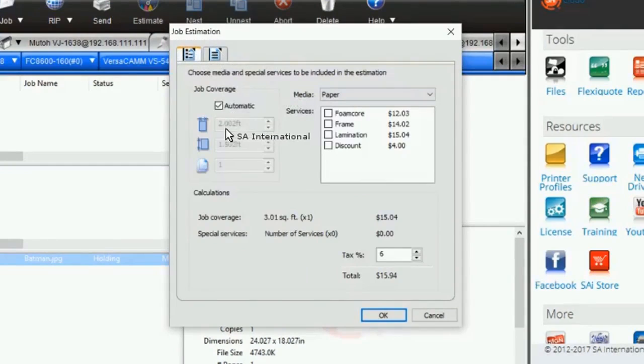And then the first tab allows you to actually calculate this. I'm going to uncheck automatic, and what it did automatically was calculate the square footage of my print. So it was 18 by 24. Those figures are right. And I'm not going to print on paper. I'm going to print on glossy vinyl, and maybe I'm going to mount it to foam board and do some laminating of it. So at that point, again, with say a 9% tax rate, we're looking again at the $78 for this